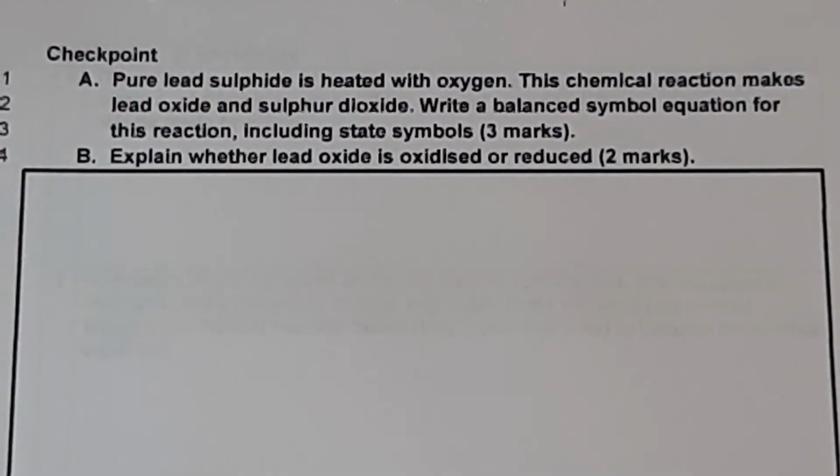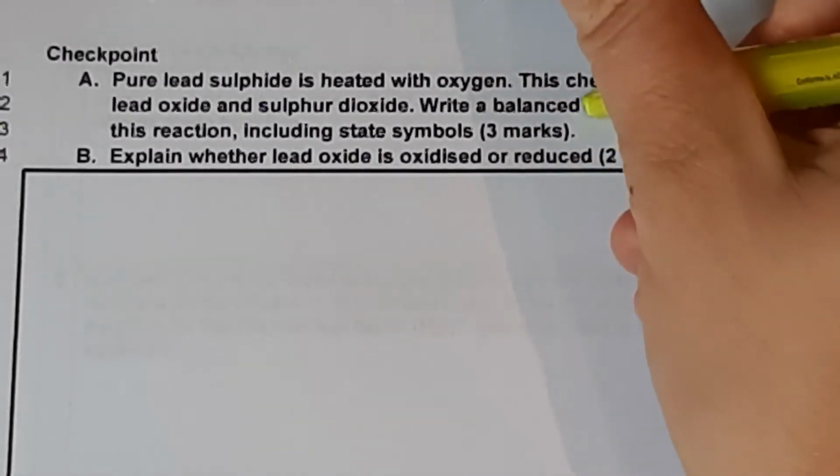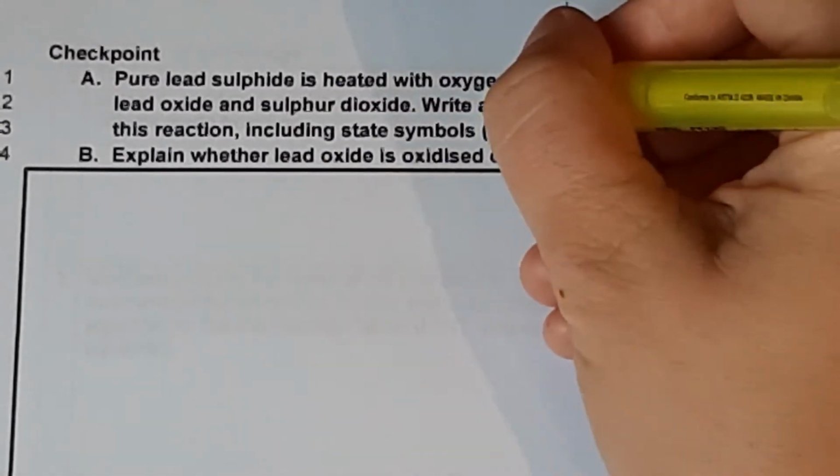Okay, so checkpoint question. Pure lead sulfide is heated with oxygen. This chemical reaction makes lead oxide and sulfur dioxide. Write a balanced symbol equation for this reaction, including state symbols. That's worth 3 marks. So it's got to be a symbol equation, it's got to be balanced, and you need